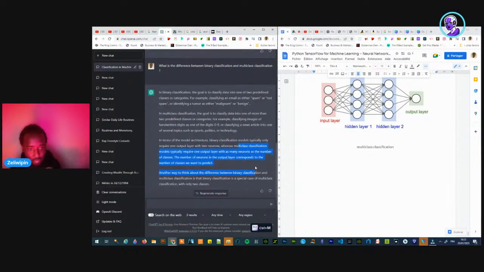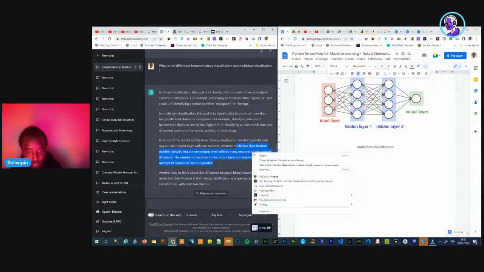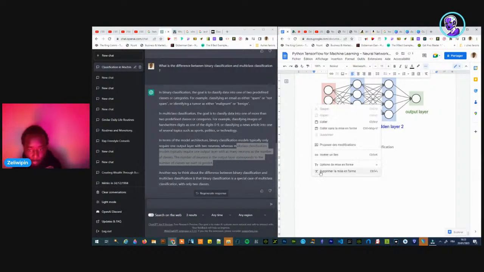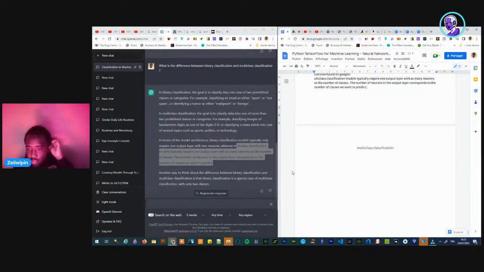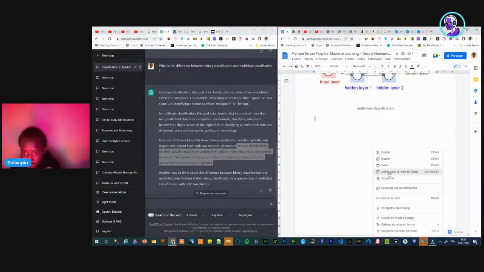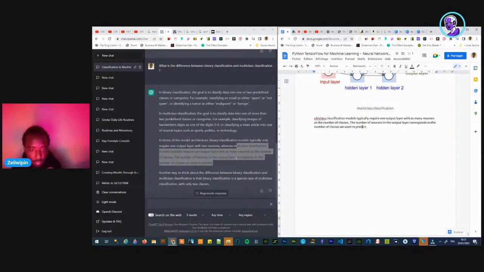Multi-class classification models typically require an output layer with as many neurons as the number of classes. The number of neurons in the output layer corresponds to the number of classes we want to predict.